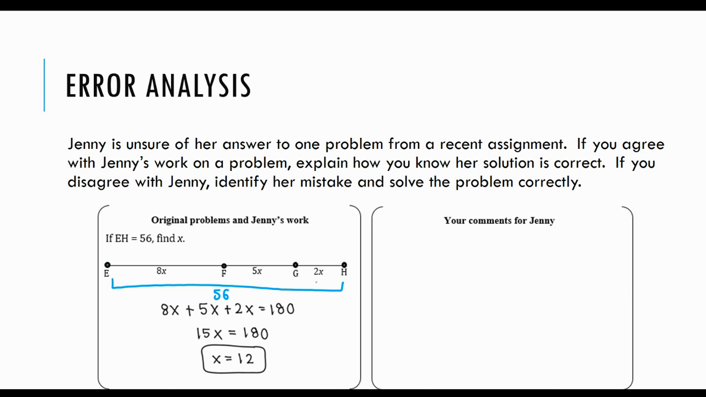So notice that that big segment was broken into 3 smaller pieces, 8x, 5x, and 2x. Notice that I agree with Jenny as far as we need to add those pieces together to get that entire length, but hopefully you disagree with Jenny because of this number right here. What she set it equal to was 180. That's not what the length of EH is. EH is really 56. So I'm going to disagree